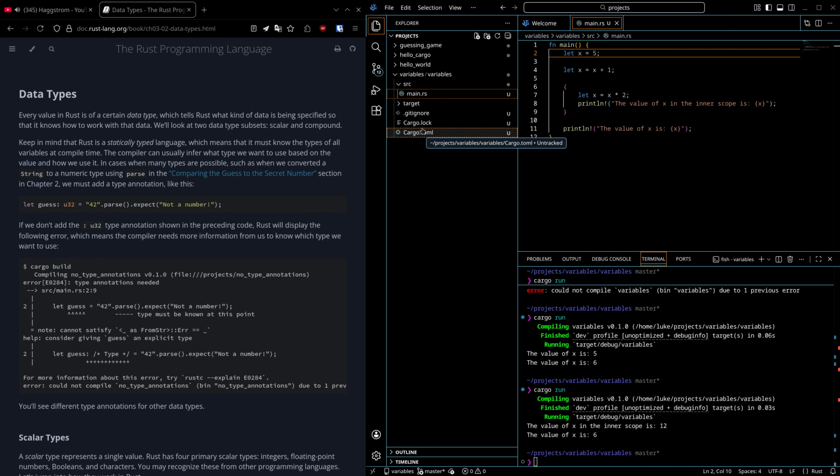Every value in Rust is a certain data type, which tells Rust what kind of data is being specified so that it knows how to work with that data. We'll look at two data type subsets: scalar and compound. Keep in mind that Rust is a statically typed language, which means that it must know the types of all variables at compile time. The compiler can usually infer what types we want to use based on the value and how we use it. In cases when many types are possible, such as when we convert a string to a numerical type using parse,